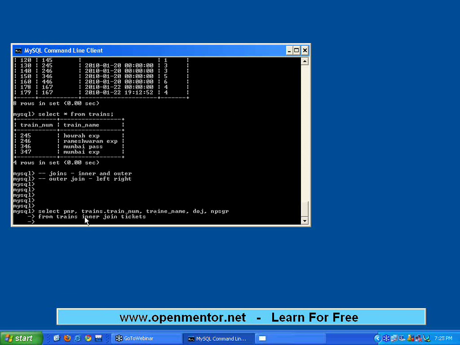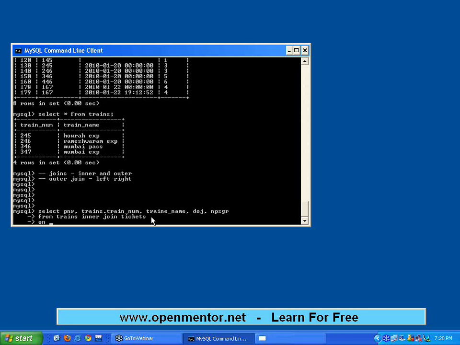You can always write another syntax also, like from trains comma tickets. That is also possible, but to explicitly make join very simple, since I am getting from 2 tables, simply say from table 1 inner join table 2. You can have inner join table 3 also, not a problem. Another keyword called on. This on is the one that connects these 2 tables based on what you are getting.